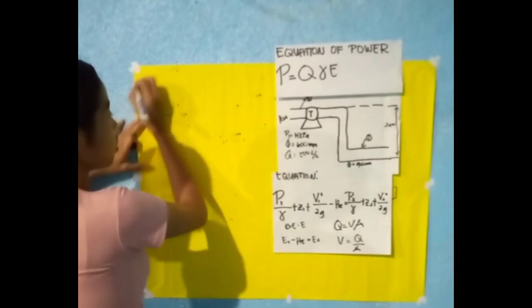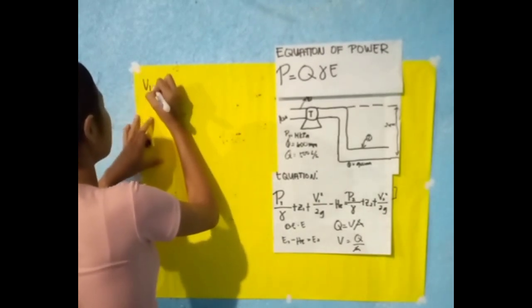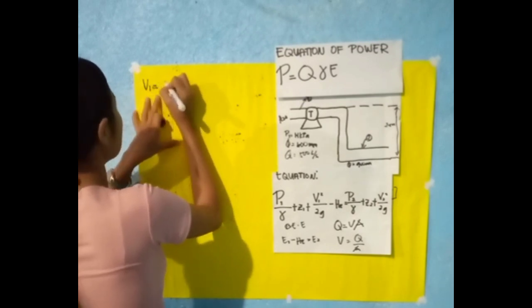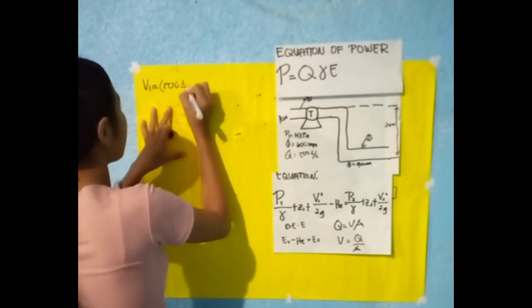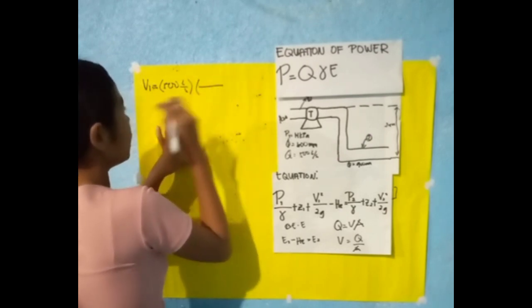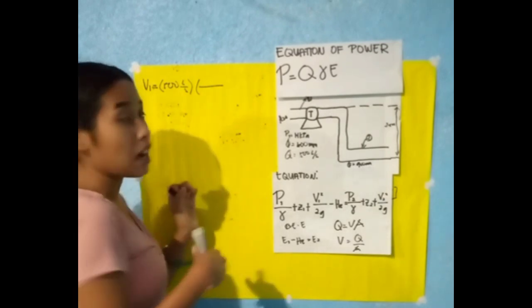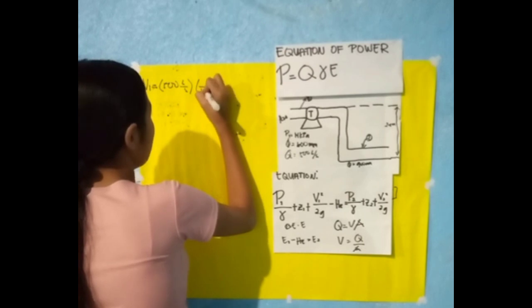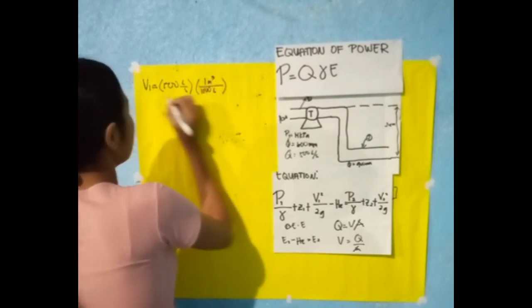So V1 is equals to our Q, 500 liter per seconds. We are going to convert it because lahat ng ating gagamitin na unit ay nasa cubic meter. So we have 1,000 liter per 1 cubic meter over